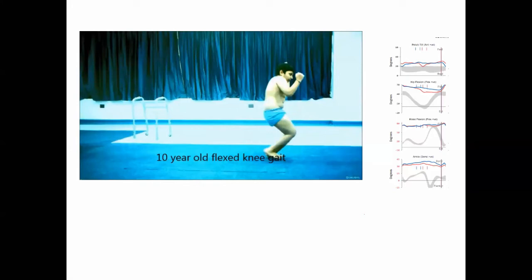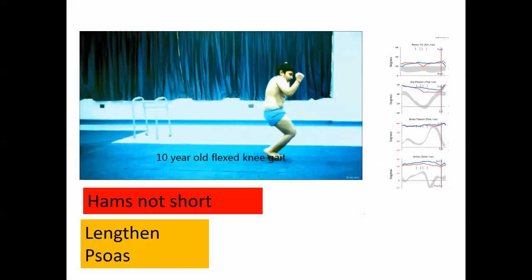This is a patient in which the primary problem is in pelvis. The pelvis is tilted forward because of weakness. Sometimes these children may be having rectus tightness. Sometimes they may be having psoas tightness, which is to be examined with a clinical evaluation. Okay, but what is the major problem in this child? I want to say the hamstrings are not short because the pelvis is tilted forward.